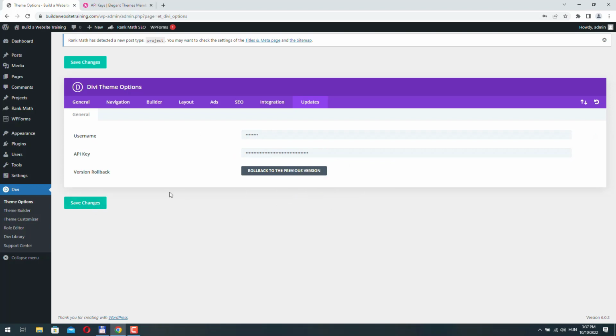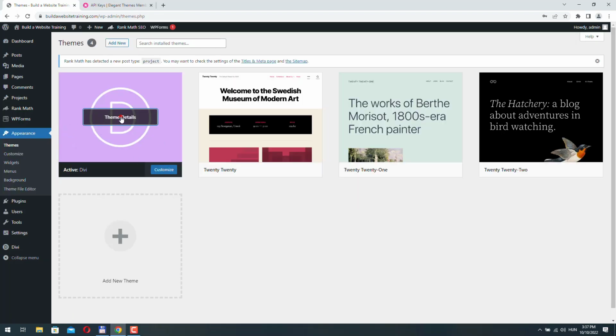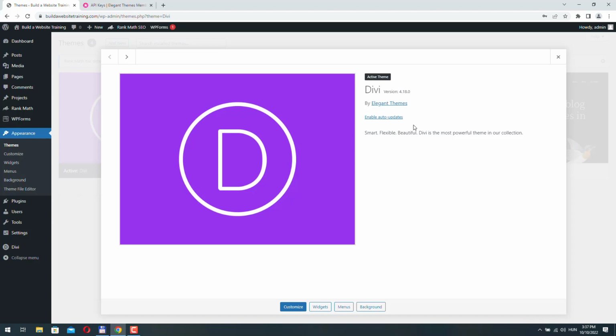And if you do this, you will be able to update Divi from your Appearance, Themes, and here you will be able to see if there is an update for the theme. If you want, you can enable auto updates, and Divi will be updated automatically.